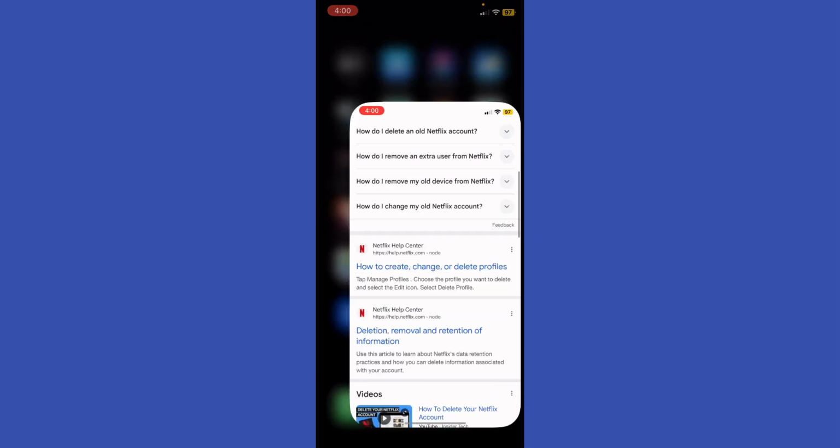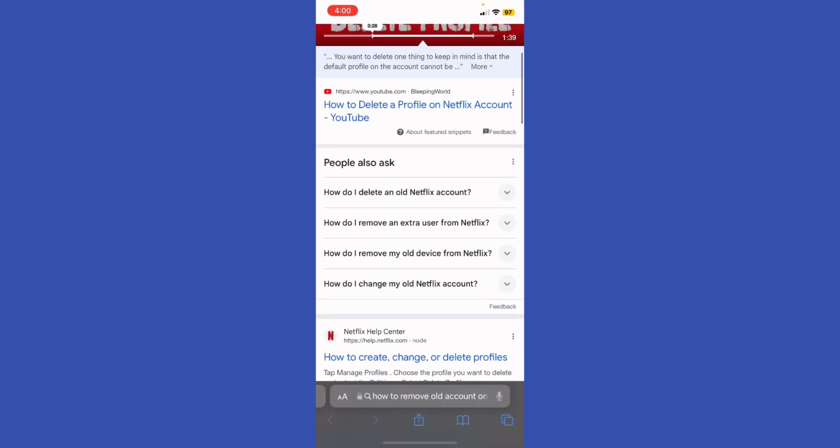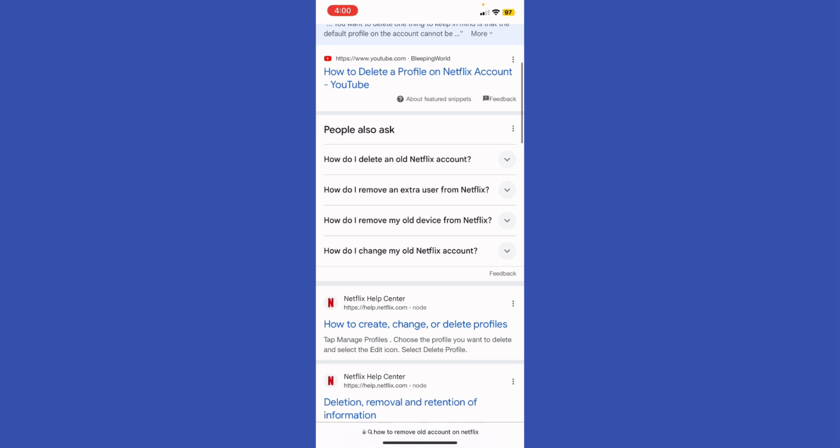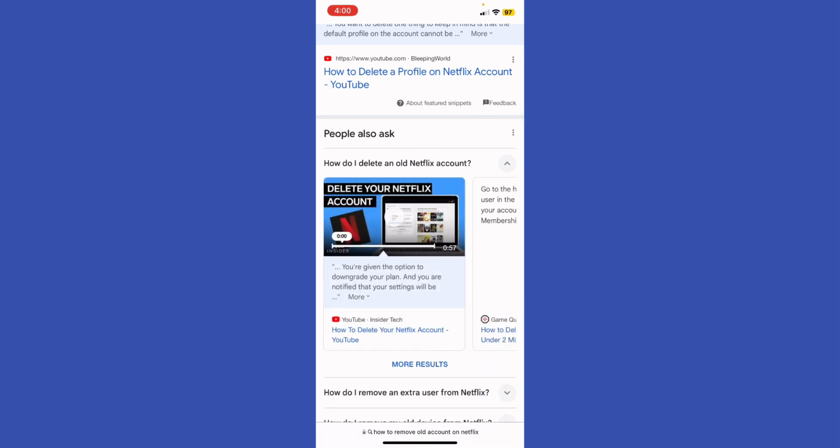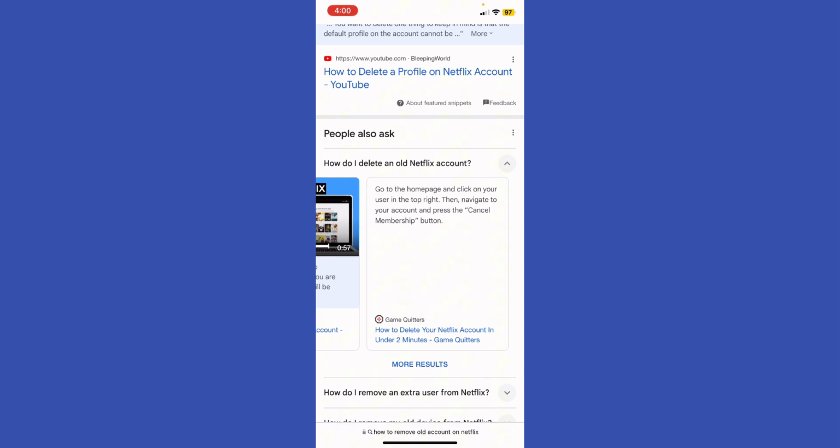Now what I'm going to do is go back to my screen, go ahead to my browser, and in order to remove an extra user or extra old account, you're going to go to your home page and then click on your user in the top right, then navigate to your account and press the cancel membership button and follow the on-screen instructions to cancel your membership and no longer be a user or no longer be associated with